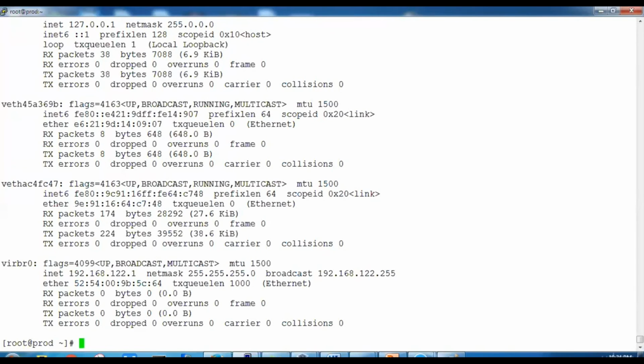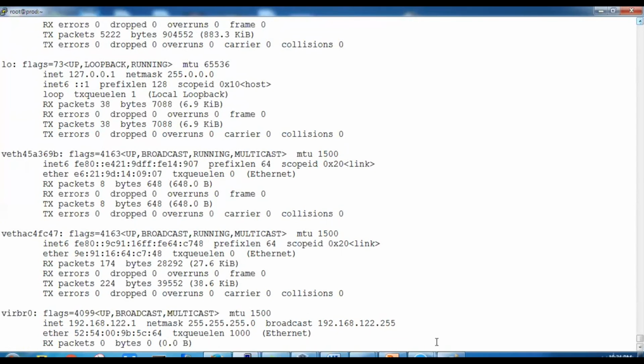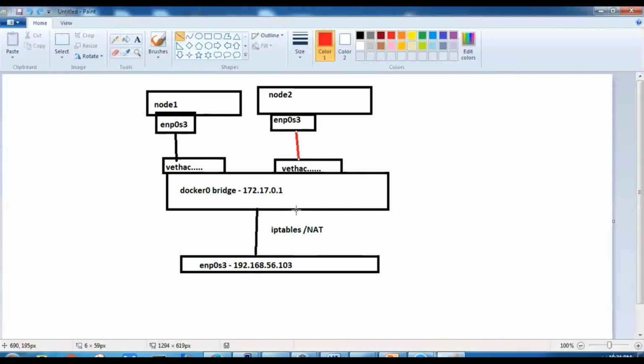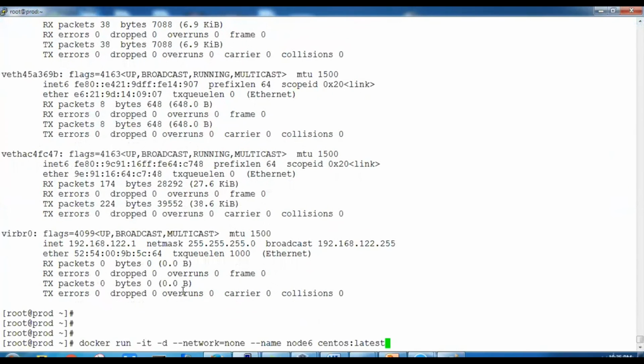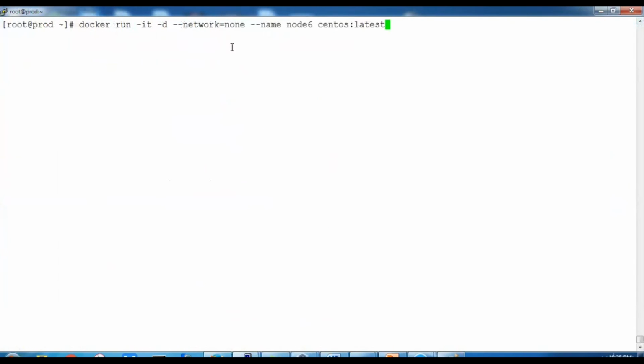Now if we check this, we have 2 only. It's not added one more because we have not connected that container with any bridge. So that's the reason for this machine there is no networking, because the bridge has been disconnected or the bridge is not assigned to this container.